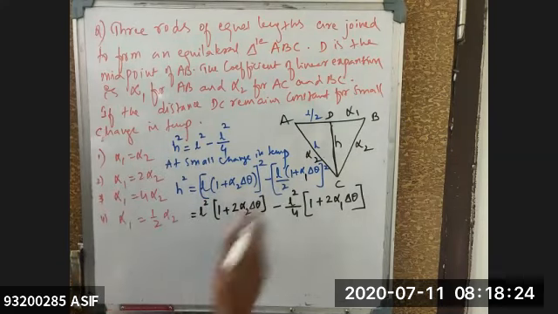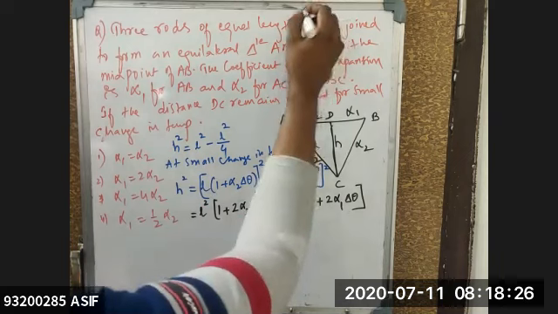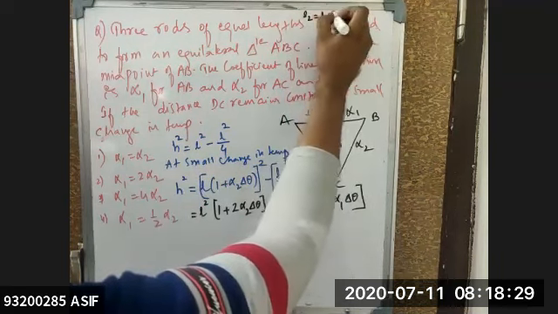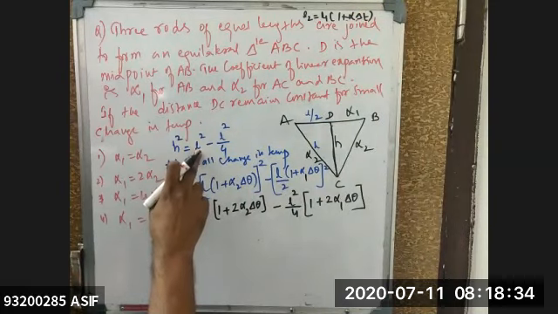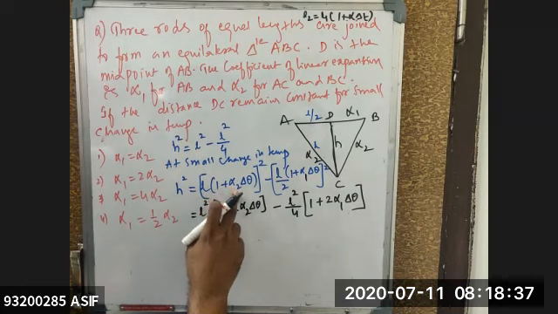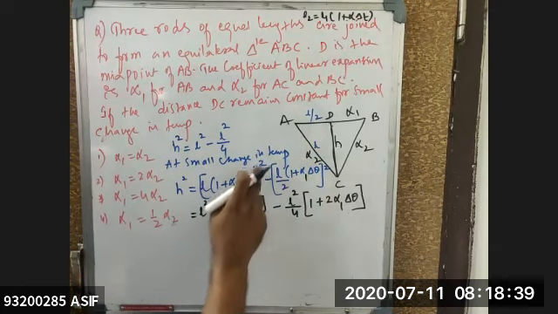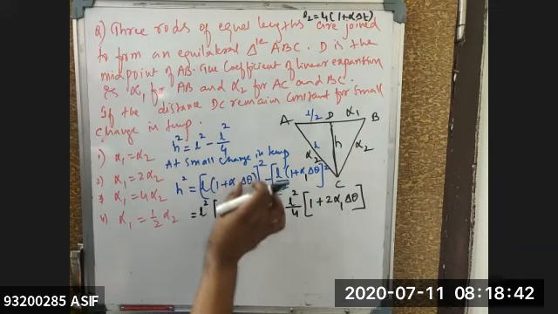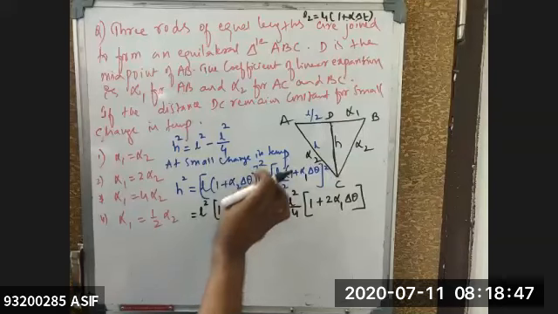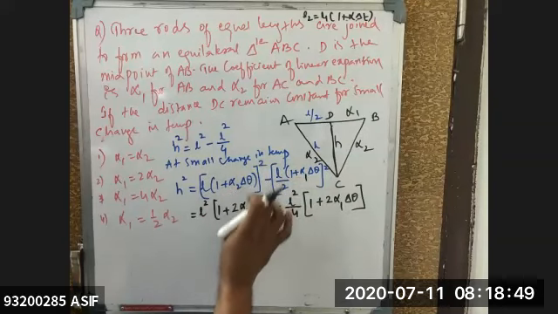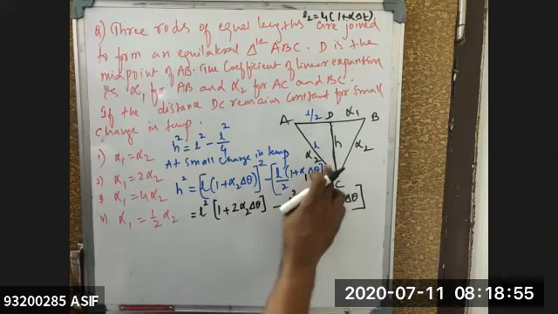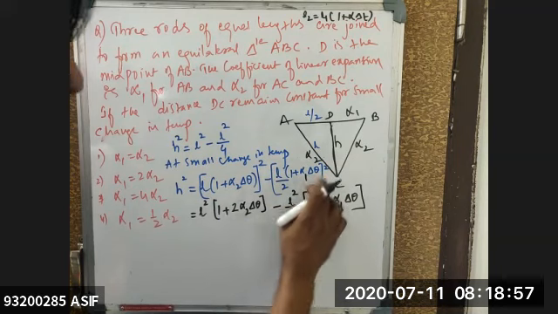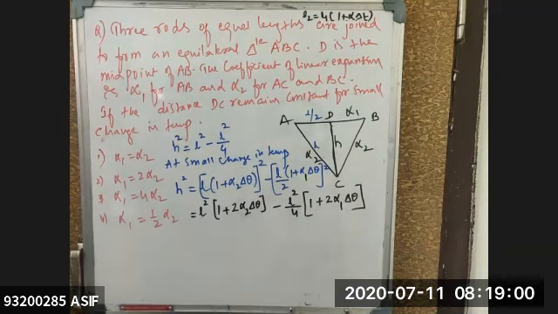See, the L value I've written right now. So I hope you know how to write the value of L. So final length L2 is equal to L1 into 1 plus alpha into change in temperature. That value I've written here. L2 is equal to L into 1 plus alpha 2, because for this one it is alpha 2 delta T, whole square. Temperature change is very small. That means if you are multiplying any term with a very small quantity, that value will become still smaller. So this is in the form of a binomial expansion, 1 plus x to the power of n. So this 2 will come inside. So it is 2 alpha 2 into delta T, minus this one is L square by 4 into 1 plus 2 alpha 1 into delta T. Is that clear for everyone?